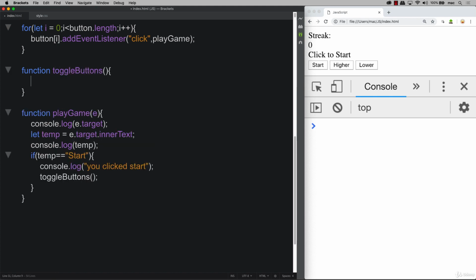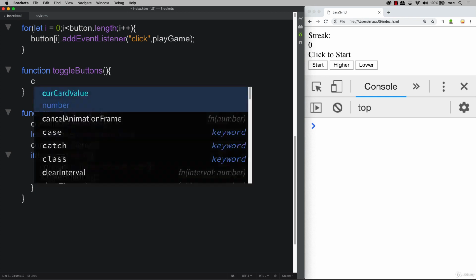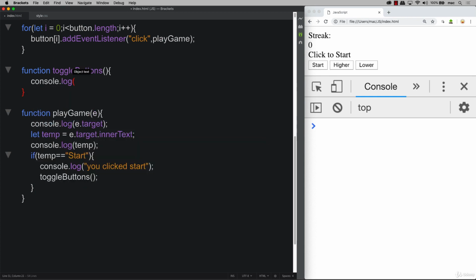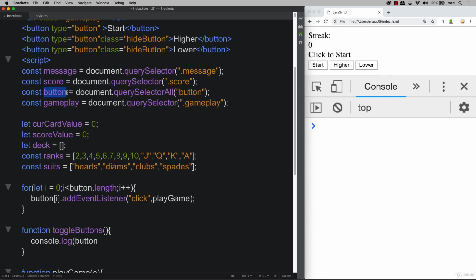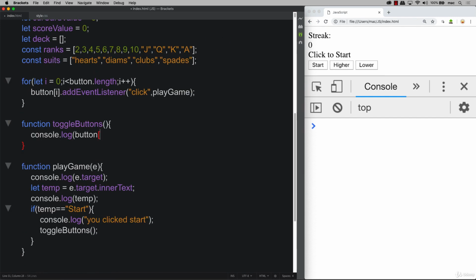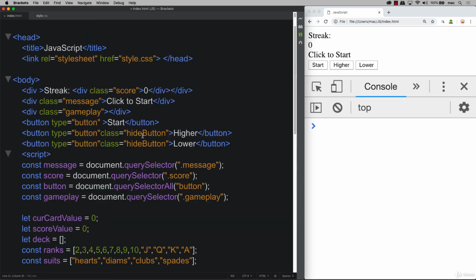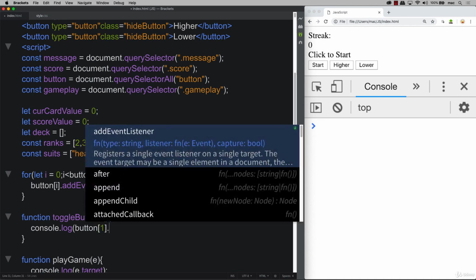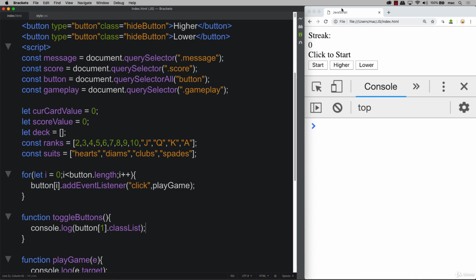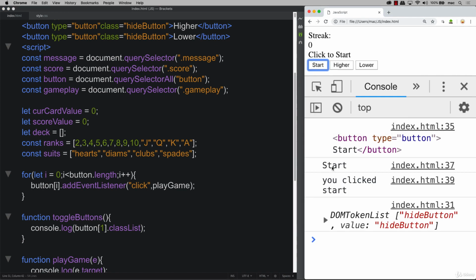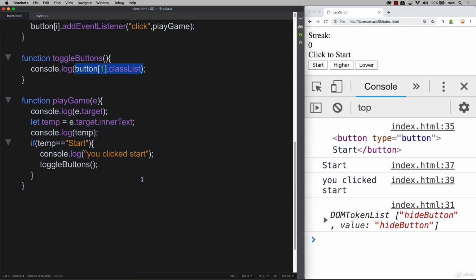The different buttons, to take a look at the classes that they have available within the buttons. So for now, we can console log out. We can select the button object, because we've got all of the buttons within the constant variable button. We'll select the second one in, because we know that this is going to have a class of hide button. So we do want to see that class list. So selecting out the class list from that second button, when we refresh the page, hit start, you can see that now we've got a value of hide button is what's available within the class list,